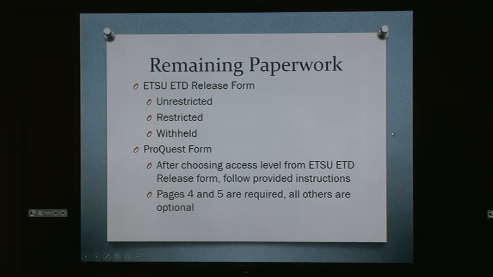The Proquest form is 6 or 7 pages long. It contains codes at the end that you'll then use to fill it out. But pages 4 and 5 in the Proquest form are the only ones I need, and those are the last 2 pages in your packet. So use the instructions depending on the access level you choose, and you can fill out the form from there. And these are very detailed instructions. I used to go through this and I would confuse everybody, but I've really gotten it clear right here. So if we have time at the end and you're confused about what to pick, we can talk about that. But I usually take up the whole hour, so I'm going to keep going.